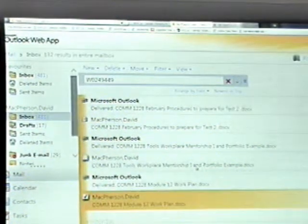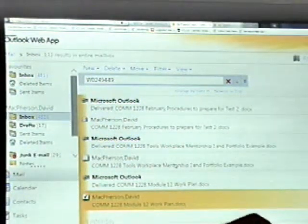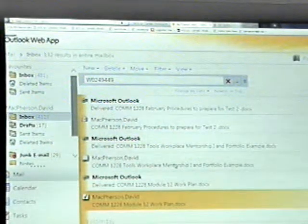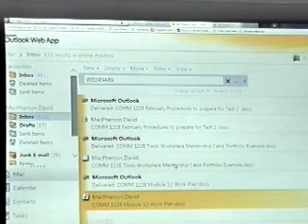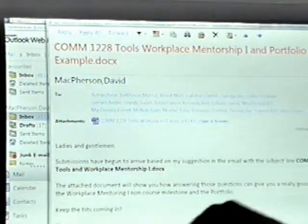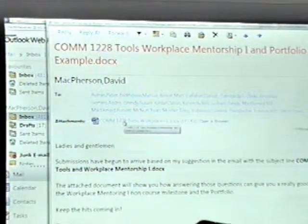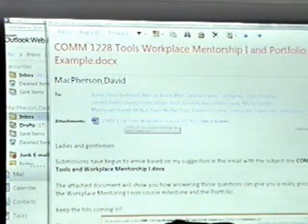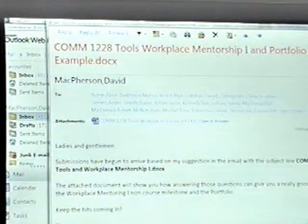Well, we have begun working the workplace mentorship, and when you think about that tool, perhaps it's the conduit bender, and you answer the questions that I sent out in a previous email, this is what I will do with your answers. I'm already getting a few responses, and this is from, I think, a carpentry student. And so let's just see. When the carpentry student was talking about using a compound miter saw,